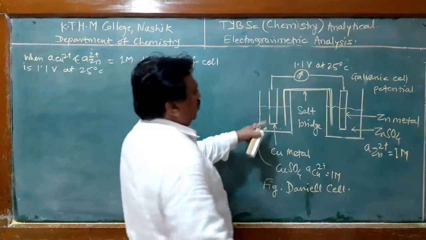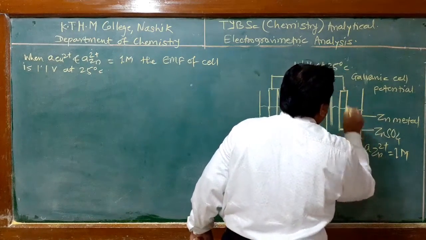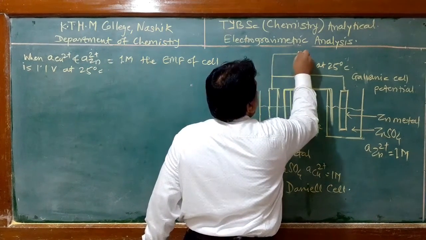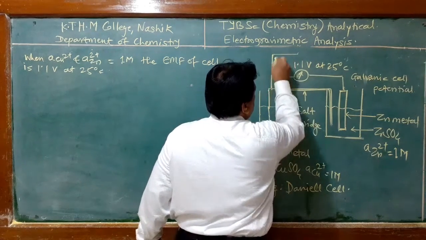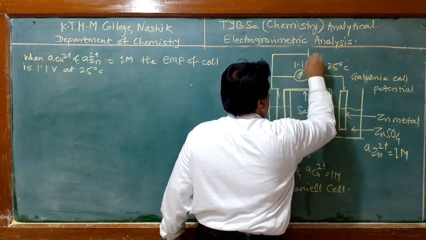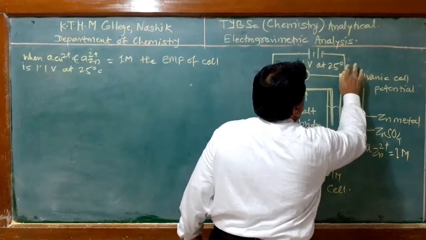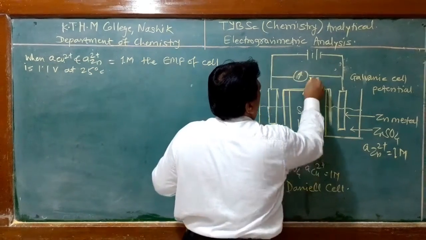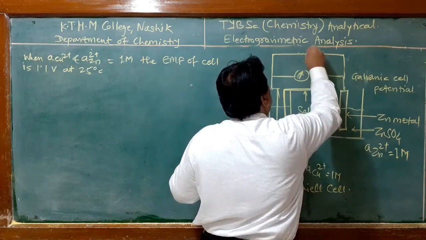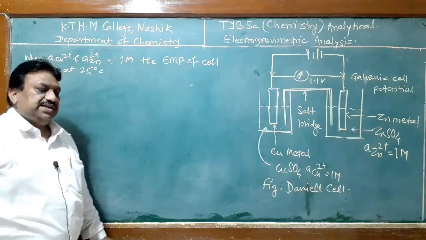Here, to this Daniell cell, when we apply a potential, or when we superimpose a DC potential, suppose for example, here we superimpose a DC potential across these two electrodes in this fashion, against the 1.1 volt, and here we superimpose another DC potential across these two electrodes, then what happens, that we have to study here.